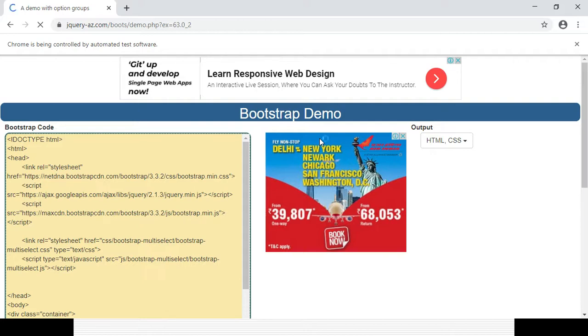Is it still working? Once the page is completely loaded, you can see the cursor is still working, so it is still not loaded. Once the page is fully loaded, then it will click on the options and try to get how many options there are, and it should give you the correct output, 14. It is still working.